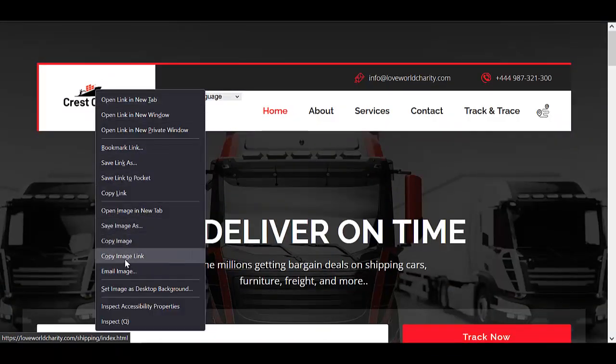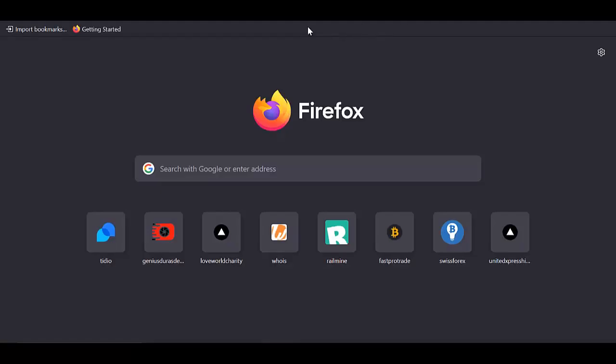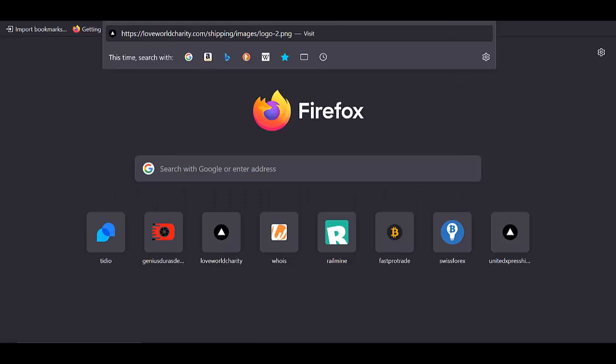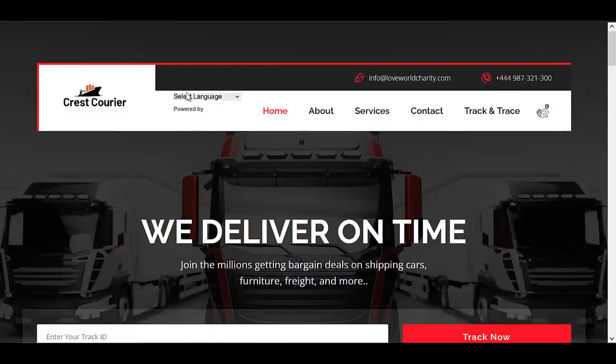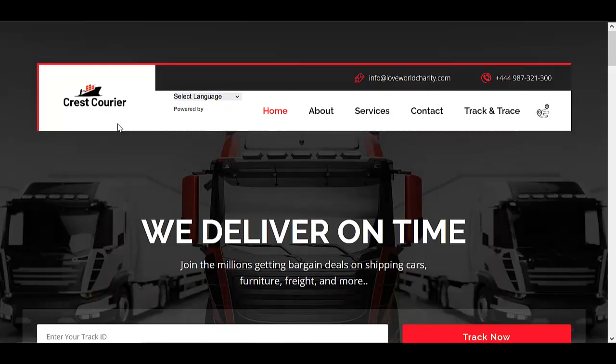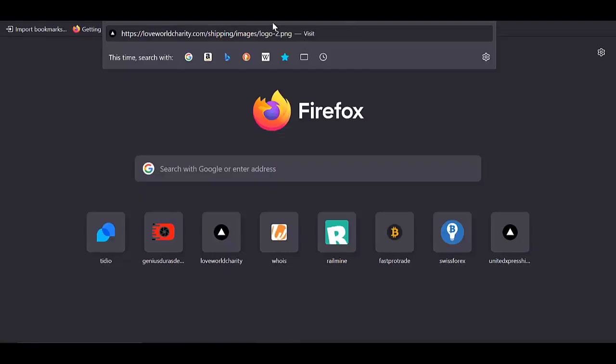So the first one has been replaced. Let me do the second one again. Let me see this. Control Z. Okay, there are two logos there, so that's what you can see. This one is logo 2. You can see the first one has been replaced. So this is the second one. The second one is showing